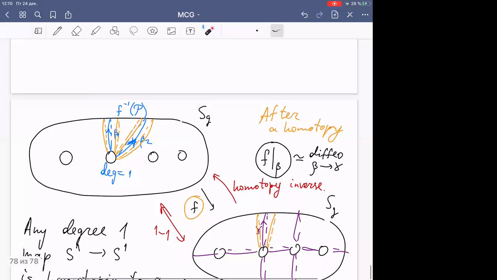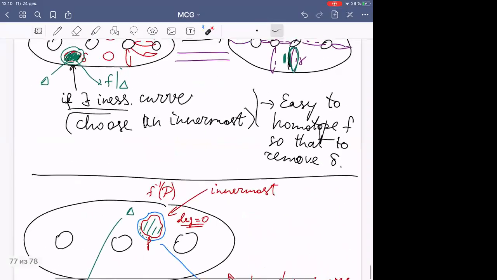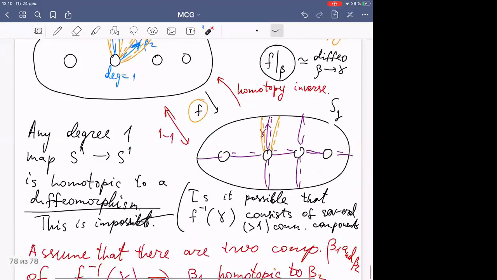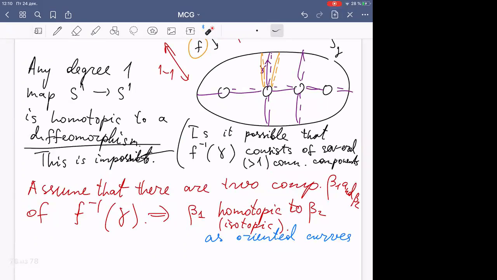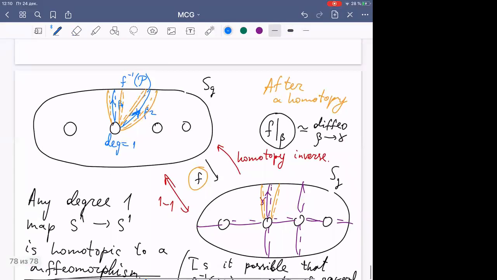Okay, I was not completely correct here. I said here that this is impossible. It is not true. The true assertion is that we can get rid of this. So this is possible, but then look, all this cylinder is mapped onto